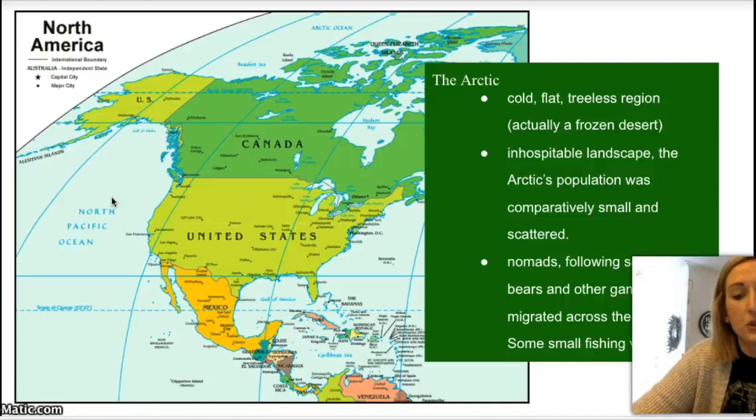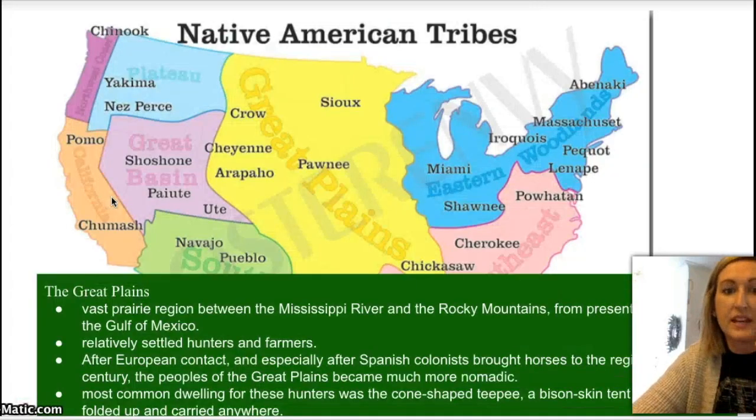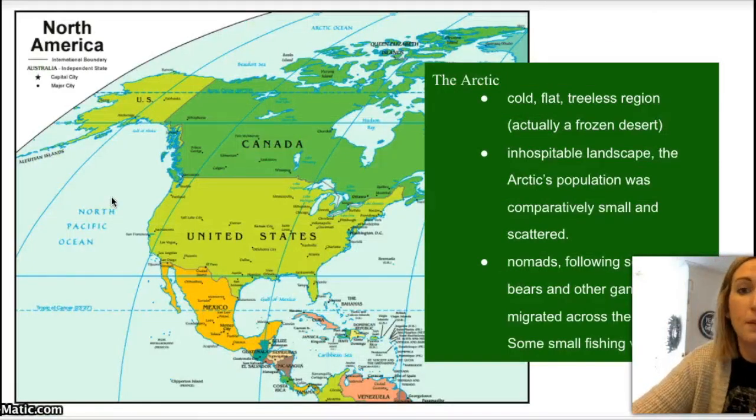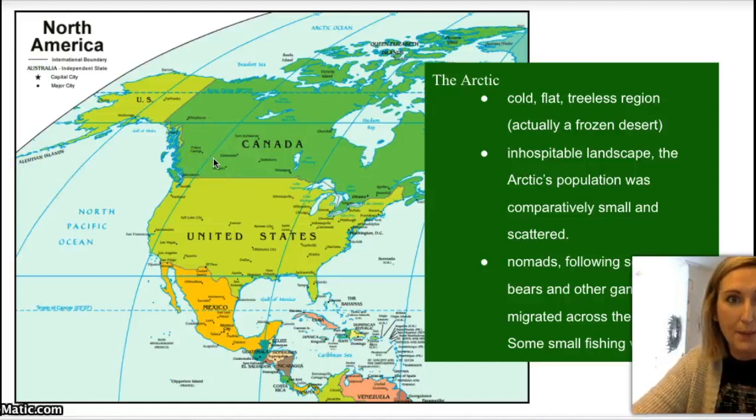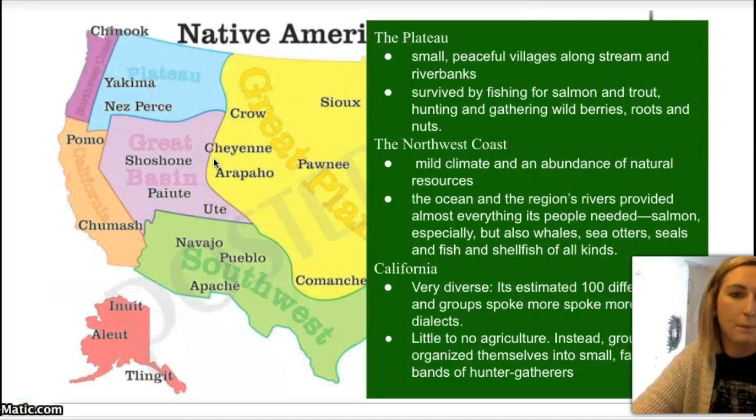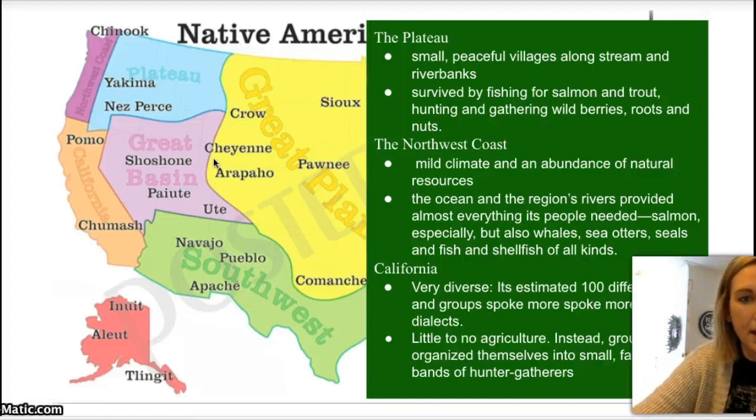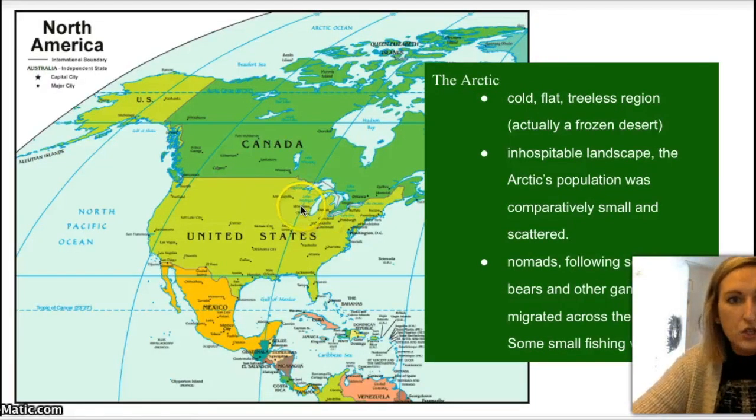Before I get into the Great Plains, I did want to talk about the Arctic and subarctic regions. So I had to change maps because the last map shows Alaska down below. That's not really where Alaska is located, but it's often how we fit Alaska into maps of the United States.